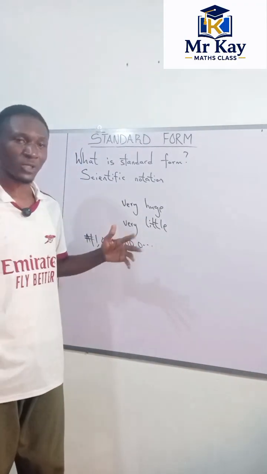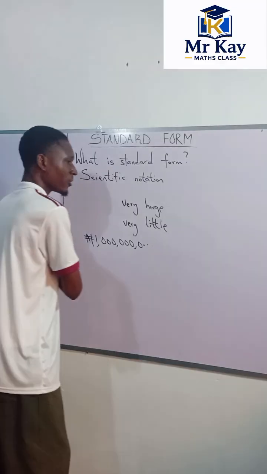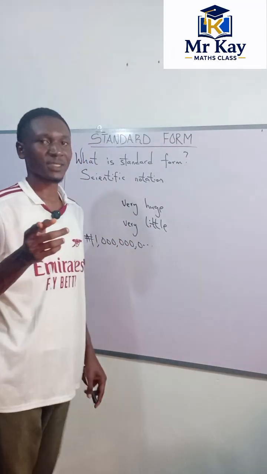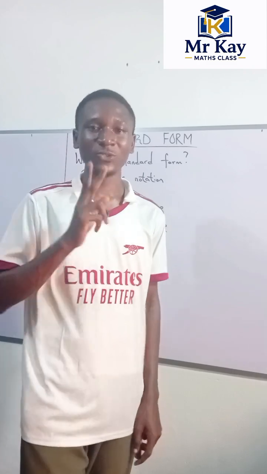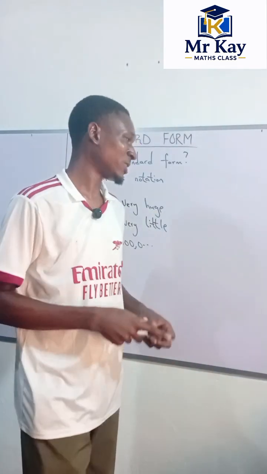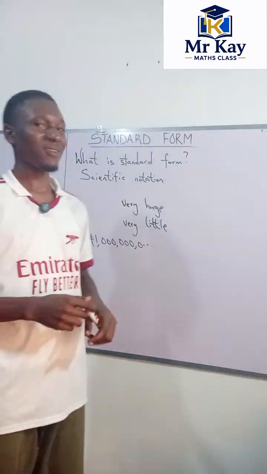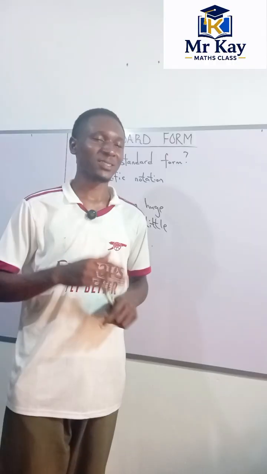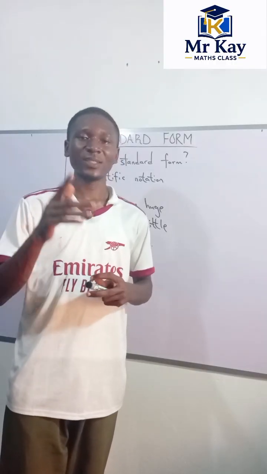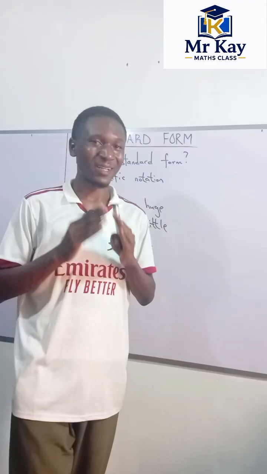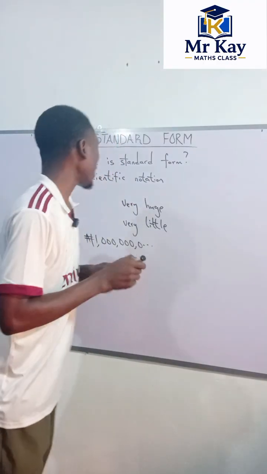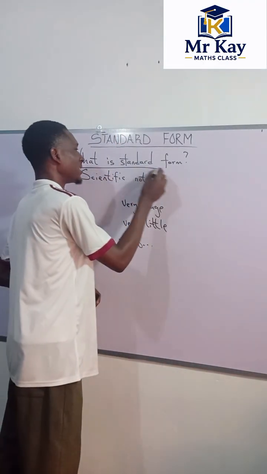In fact, some numbers you have to write are going to go across this board. Remember, numbers are written in infinity. You can start a number from 1, 2, 3 till infinity. So which means definitely there are very huge amounts of numbers which we cannot easily write. The same thing, there are some numbers that are very small. So that is why it is often referred to as what? Scientific